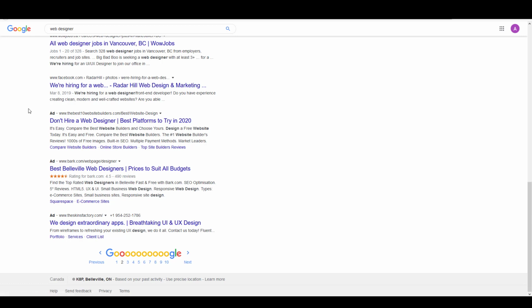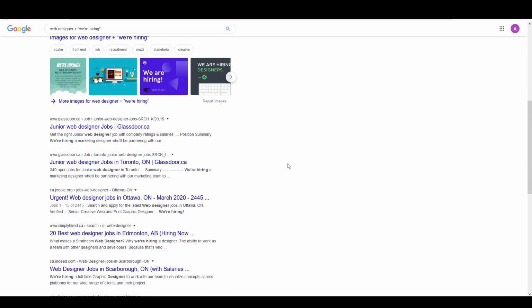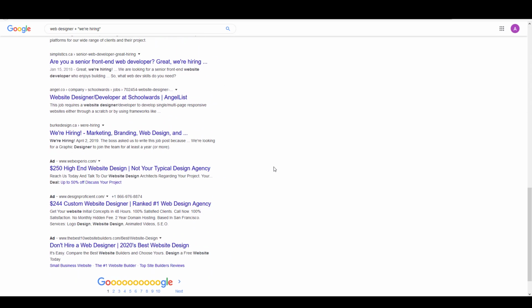some ads for, let's see, maybe we can get some better ones if we go back here. Yeah, so this is $250, high-end website design, not your typical design agency. So any company that's running ads like this, that means that they have money to spend, right? That they're trying to grow by spending money, and there's a bunch of different ways that you can do that. One of the ways that this company is doing it right now is by running Google